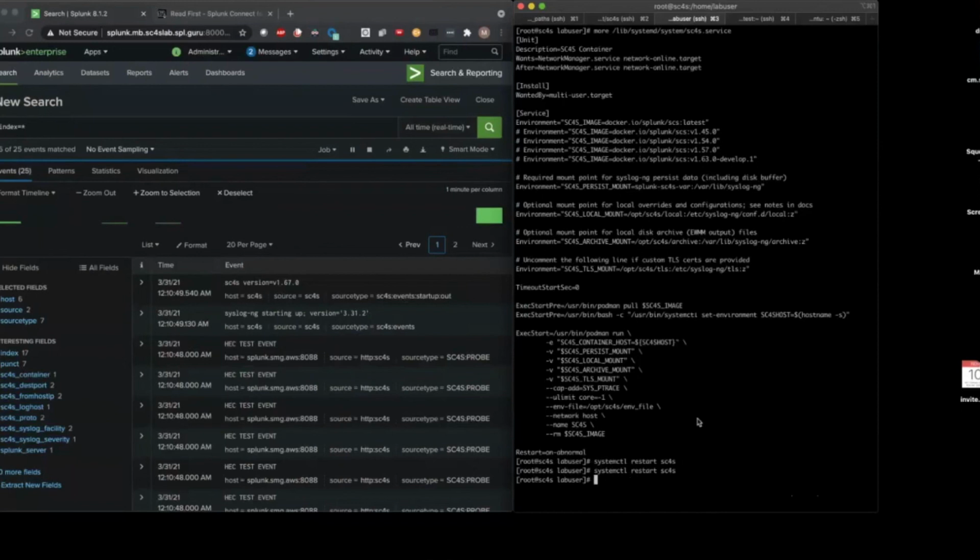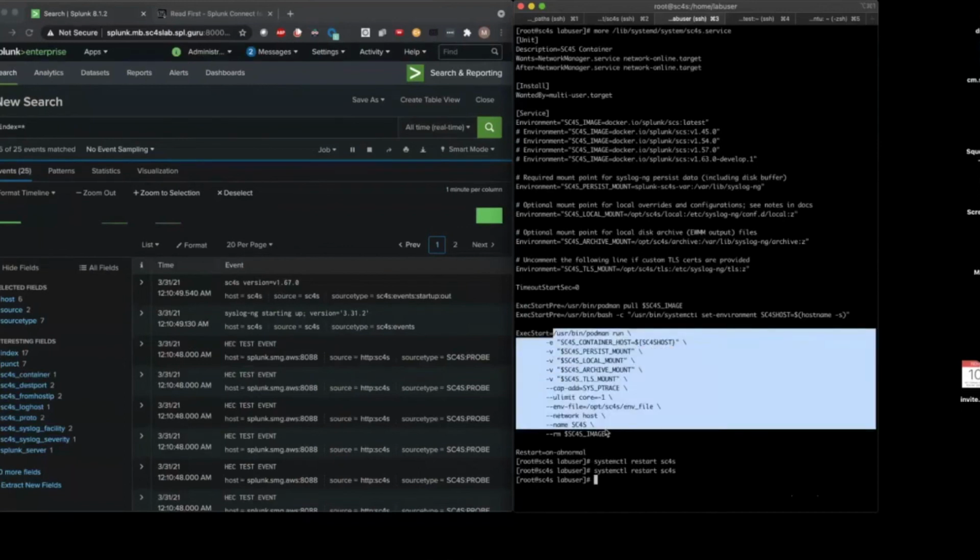So here's the actual runtime, if you do want to run it by hand. And then all of these mounts are described here. So we mount the local file system to the container file system. And almost all of this is just turnkey. This is all documented